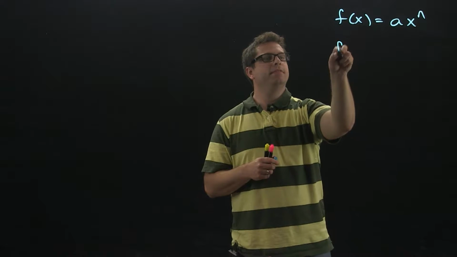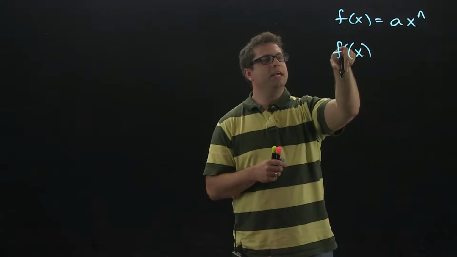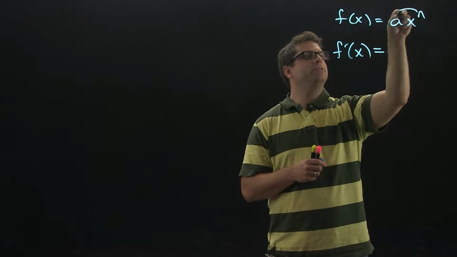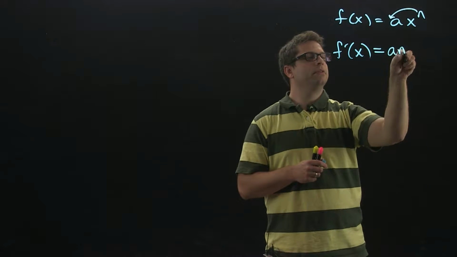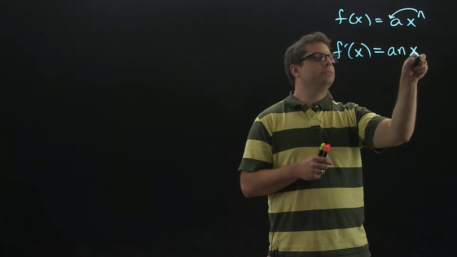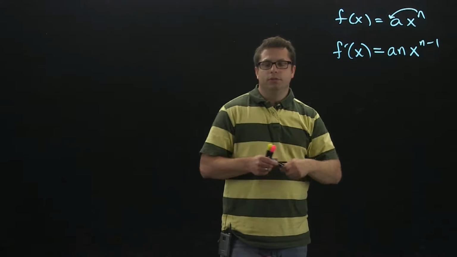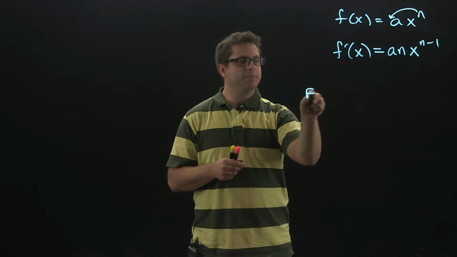And so the derivative, which we write as f prime, what you're going to do is bring the exponent down and then subtract 1 off the exponent. And that's it. So a very quick example would be,